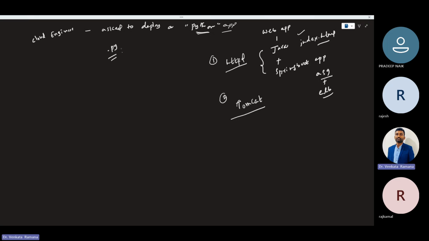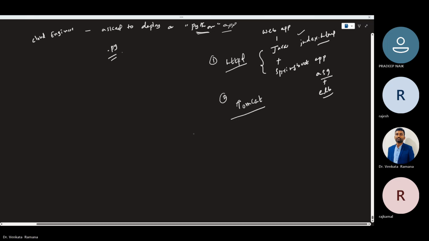So how will you deploy it? In the current session, we are demonstrating that part. How can you deploy your Python application onto your EC2 infrastructure? The infrastructure was cloud and the application was a Python stack here. So what are the prerequisites? The prerequisites are going to be